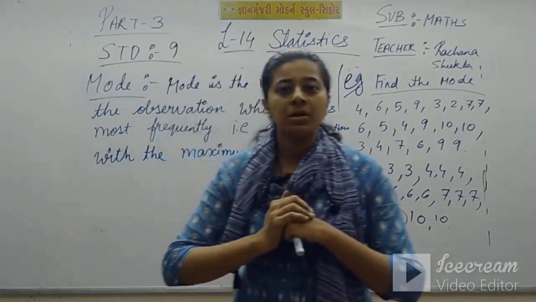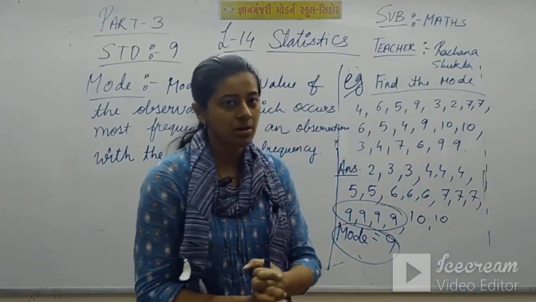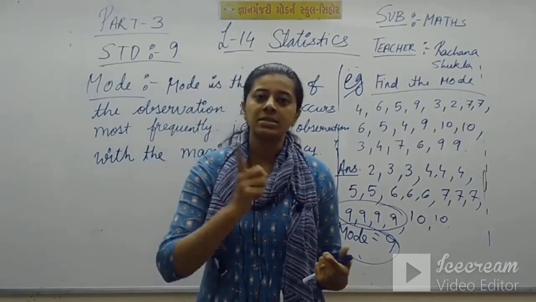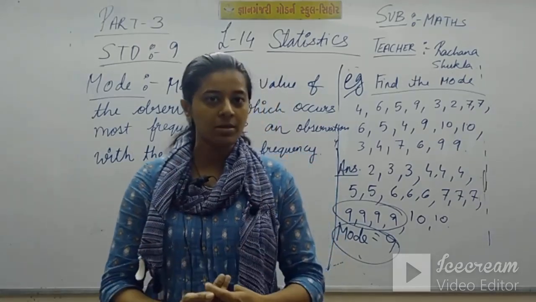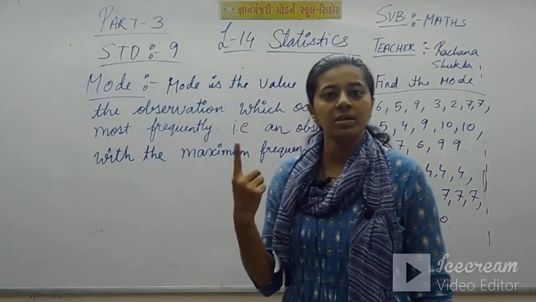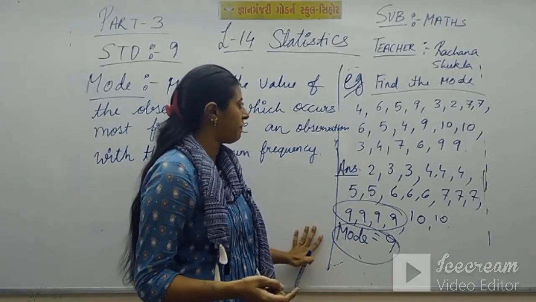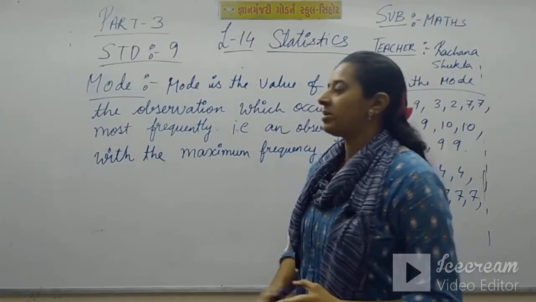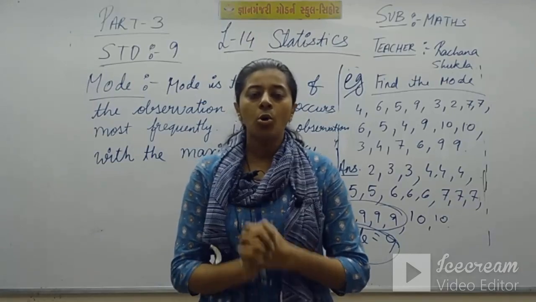So in this chapter you studied about putting the tally marks, making the frequency table. Then you studied about two formulas of finding out mean, that is the simple formula for raw data and the second formula with the frequency table. Then you studied about finding out median with odd number and with even number. The last topic was mode, a very easy formula of mode for raw data. Now all the topics of this chapter are covered and your chapter is over. That is, the statistics lesson is over.